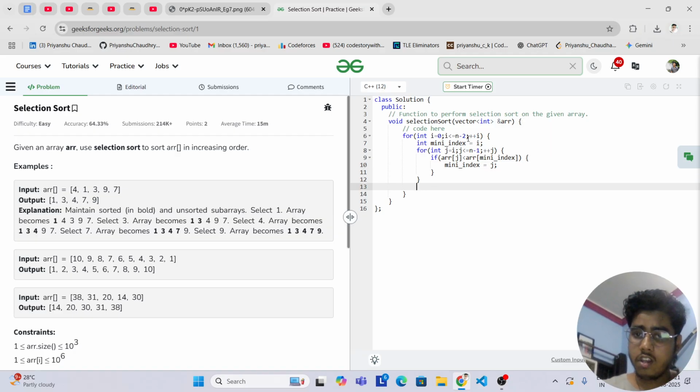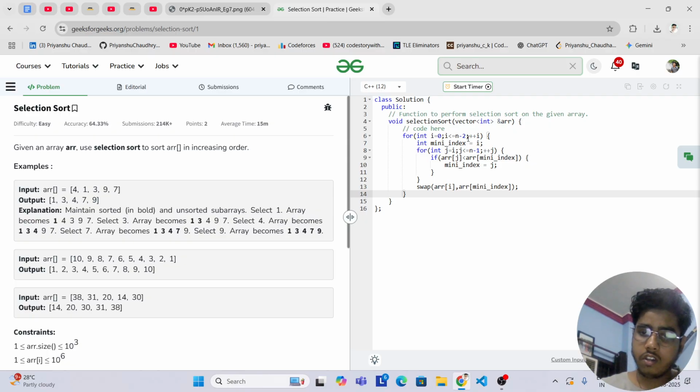Now after coming out of this for loop, we have to just swap the array of the ith element with the array of the mini index element. This way our whole array will be sorted.